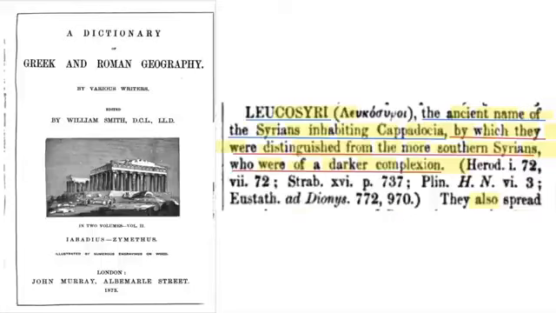And then you have the darker Syrians who seem to be a little bit more south of Syria and a little bit more east of Syria. So it wasn't just all dark skinned. There were definitely lighter skinned or whiter skinned Syrians. But basically what I'm alluding to is that there were two types of Syrians in ancient times, according to the Greeks